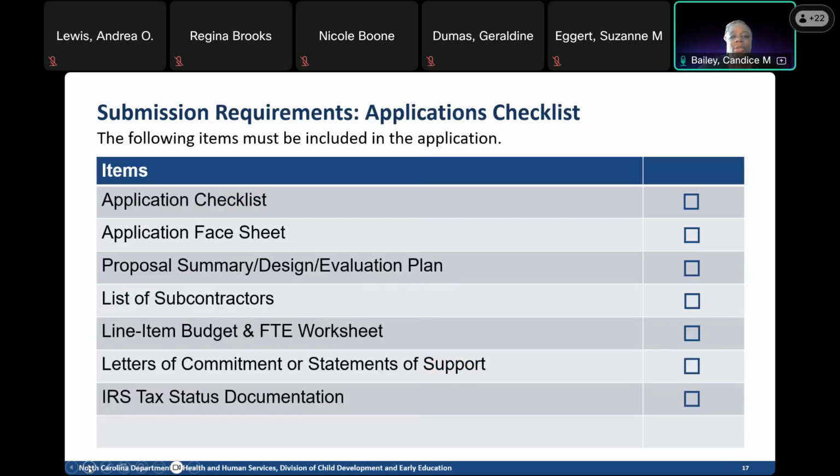So these are your submission requirements. With your application, you want to make sure that this is all inclusive. So when we say your application, this is what we mean. You're going to have your application checklist, which is at the bottom of the request for applications document. It's just a checklist that looks just like this, where it shows that you make sure you're including